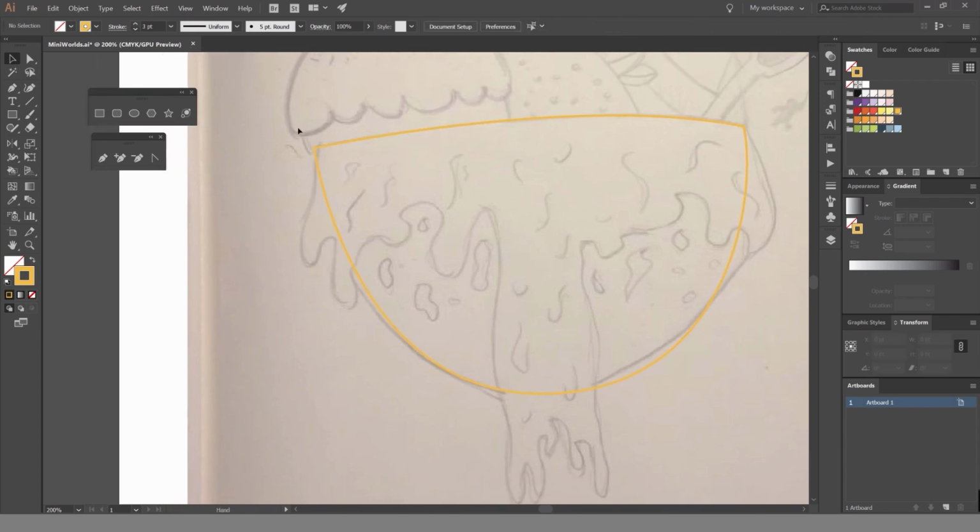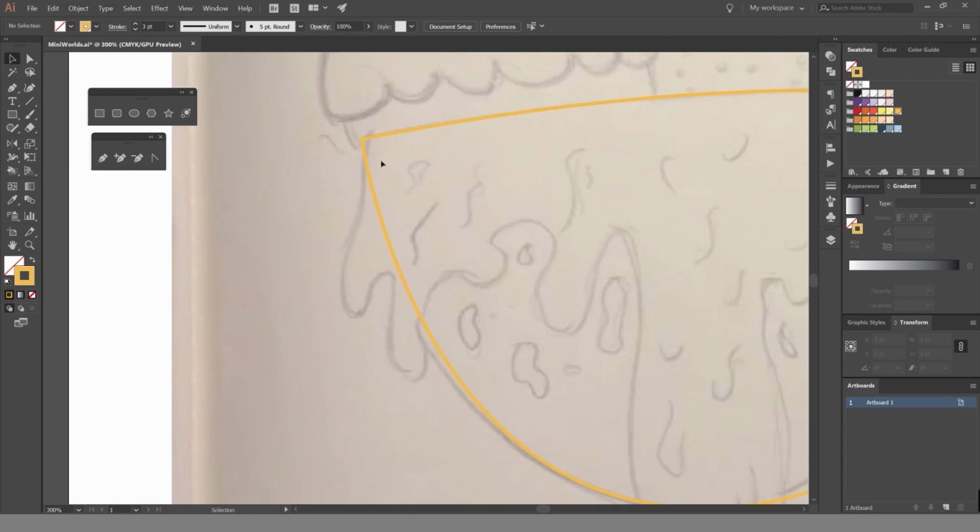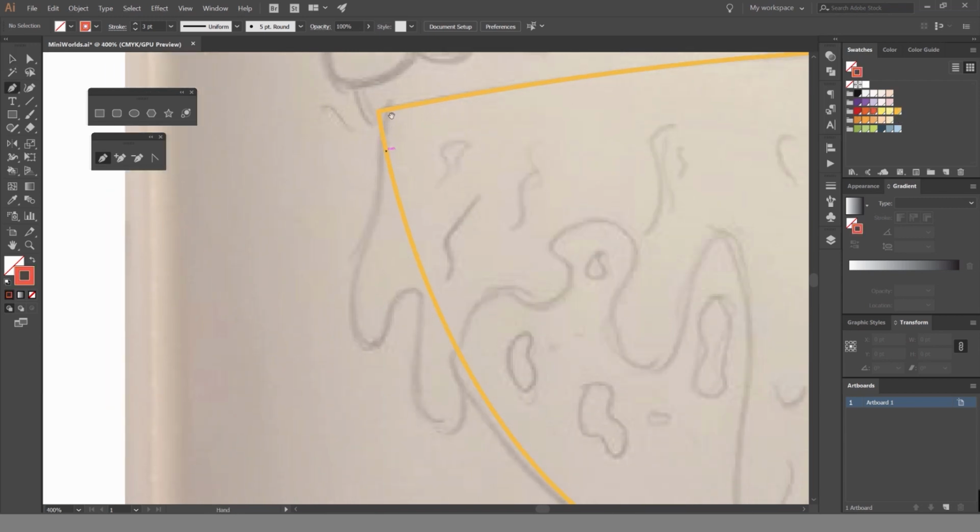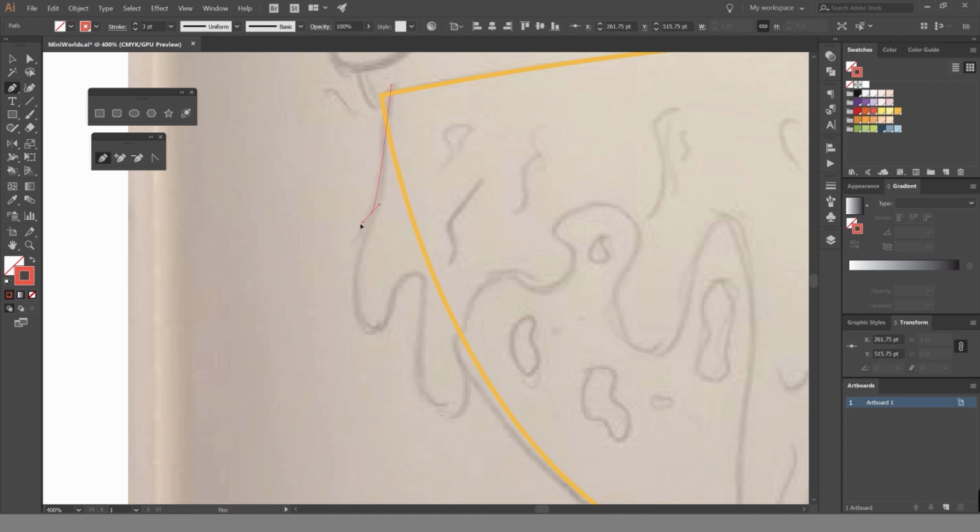And I'm going to leave that. I'm going to lock that shape by pressing Control or Command 2. And what I want to do now is use the pen tool again and start to get this cream out. So I'll change the color. I might do it like a red so you guys can see. So what I do is just go through this,